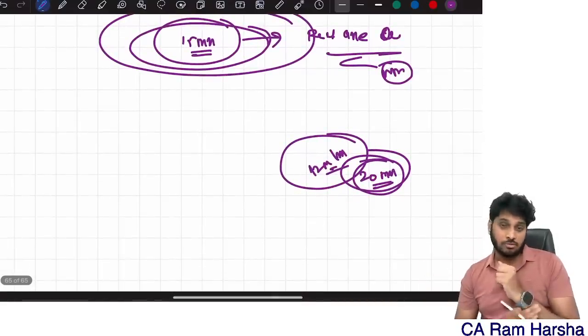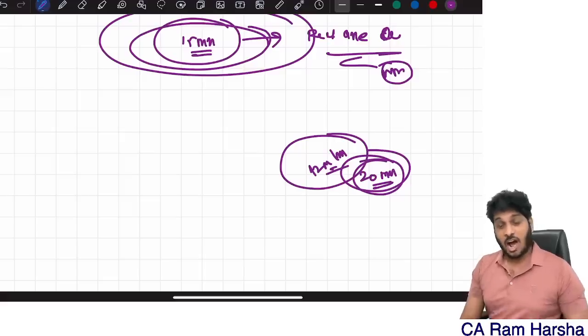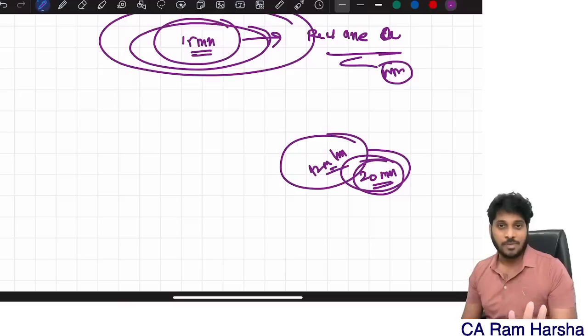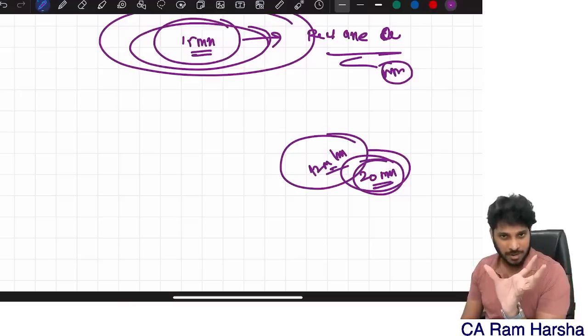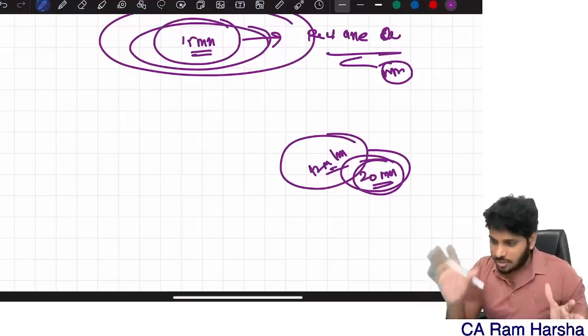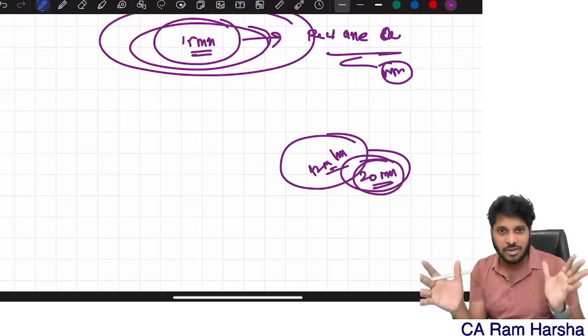Now here, some students will have a doubt: sir, what if in the first question I spent 10 minutes, and after spending 10 minutes I got to know that I don't know this answer? Tell me, whether you are reading the entire question paper briefly in the 15 minutes, your total time available is 3 hours and 15 minutes only. 3 hours is for writing the answers, 15 minutes for reading the question.